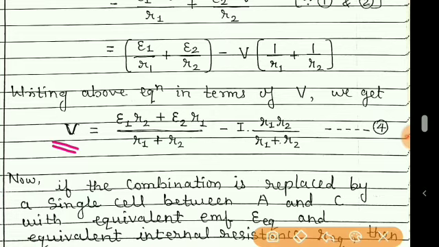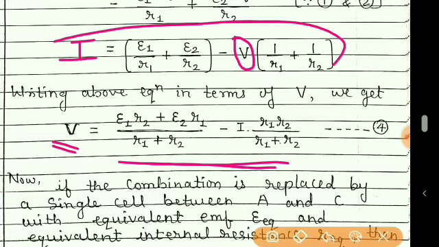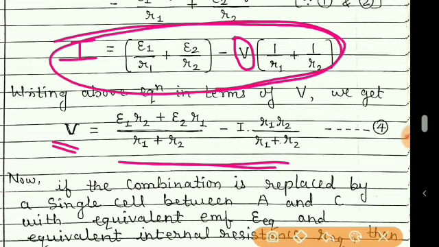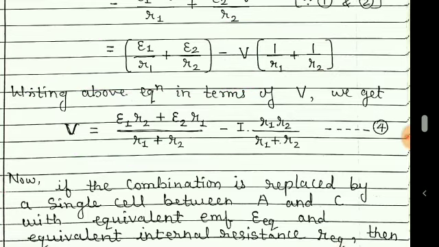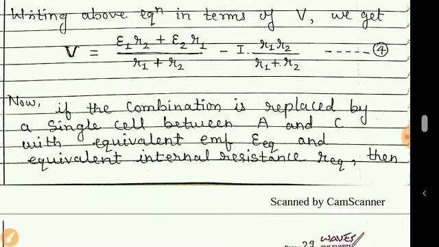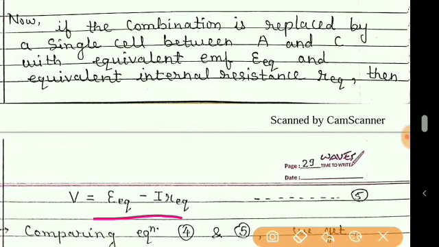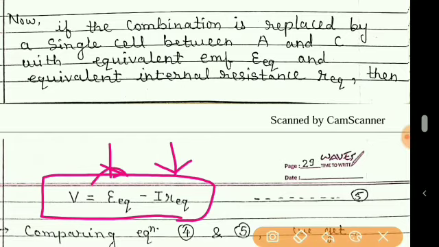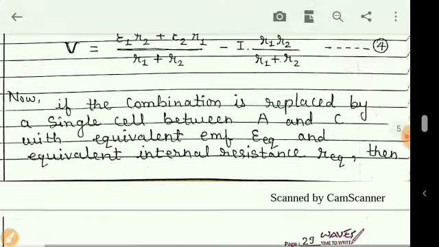making V the subject, here it is I, the total current. Now making V the subject, we get this equation. Students, there are a few mathematical steps to separate this V, that is to get this equation from this equation, and I hope you will be able to do this type of mathematical steps. Now comparing this with the standard form, that is V is equal to EEQ minus I REQ, we get EEQ is equal to this